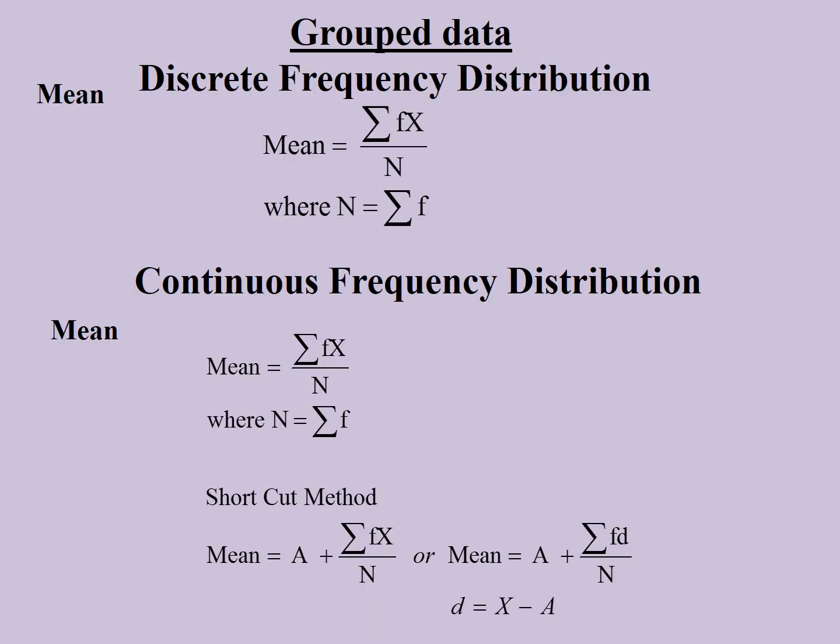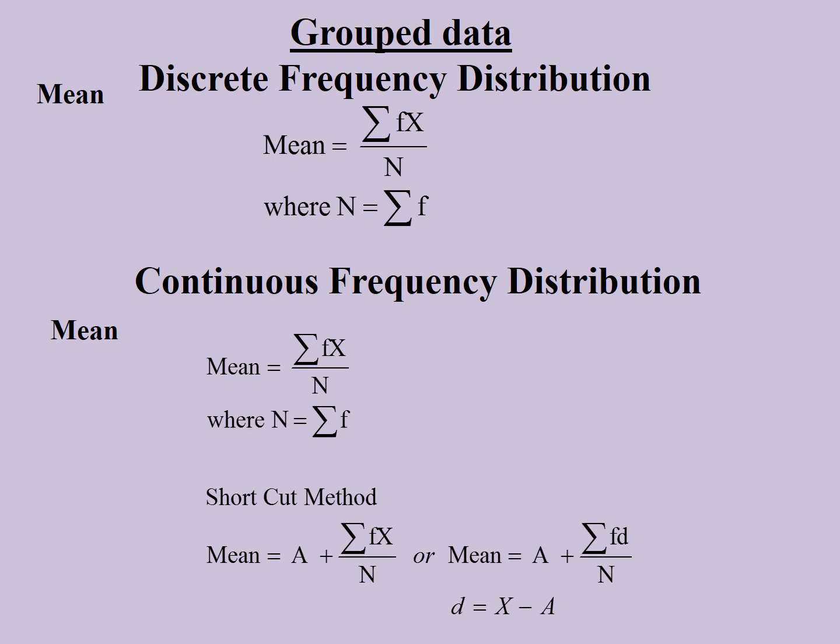Now we have finished the calculations for the mean or arithmetic mean for the ungrouped data. Now you can see the formulas for the calculation of the arithmetic mean for the grouped data. I have told you what is grouped data and what is ungrouped data. So just take a look at the formulas. There are two types of grouped data. One is called the discrete frequency distribution and another one is called the continuous frequency distribution. With the help of an example, I will tell you about this discrete and continuous frequency, but just take a look at the formulas.